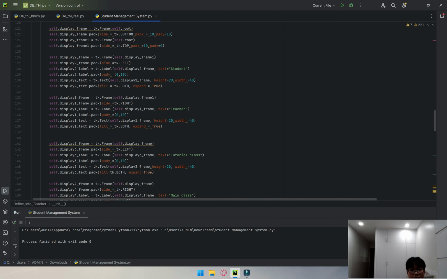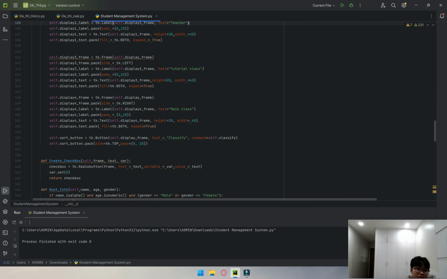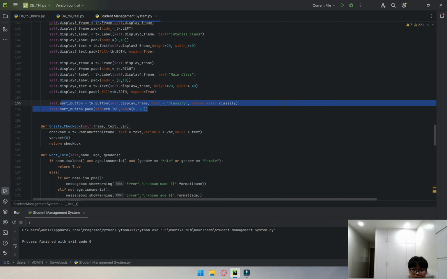So now here we can see that we have some displays where we can insert the information of students and teachers. We have this display for students, this display as shown for the teacher, and these two for the tutorial classes and the main classes. Under that, we will have a classify button, which, when we press it, will classify students and teachers